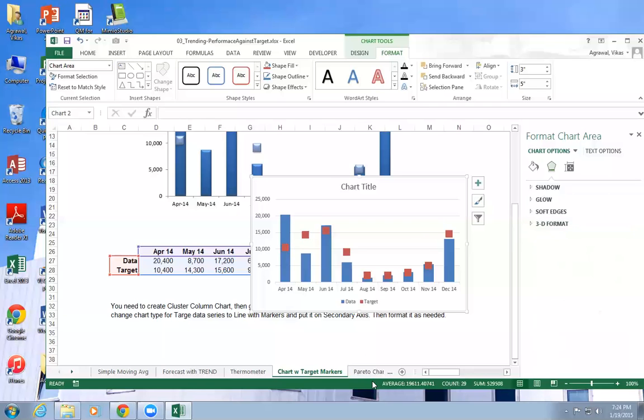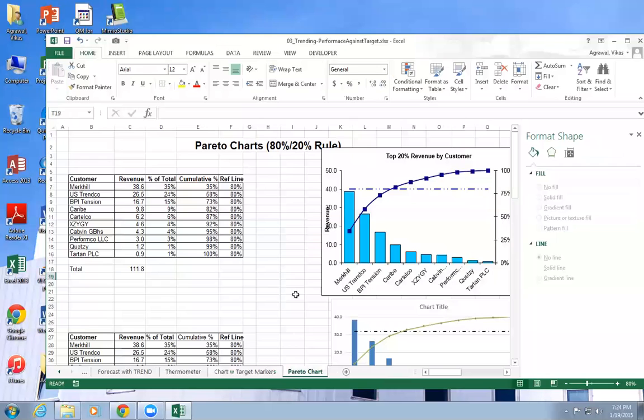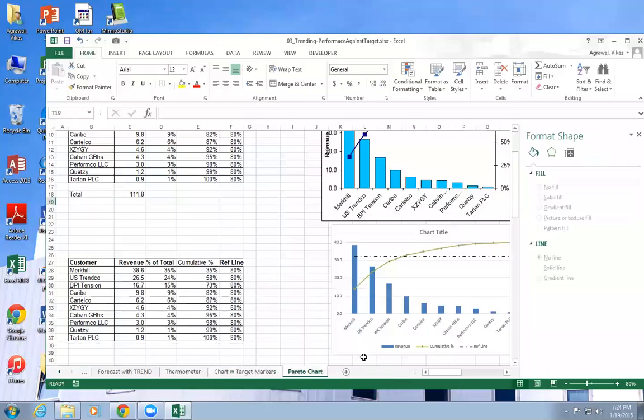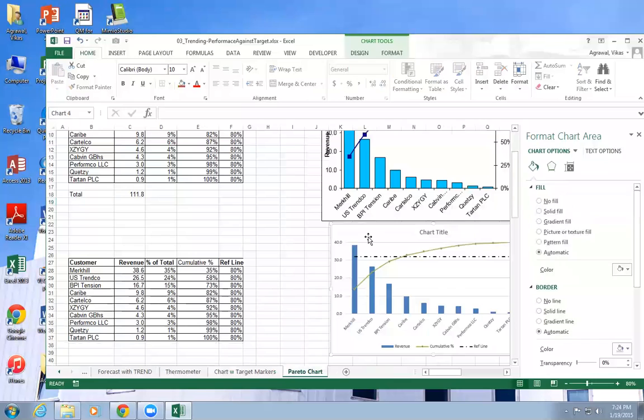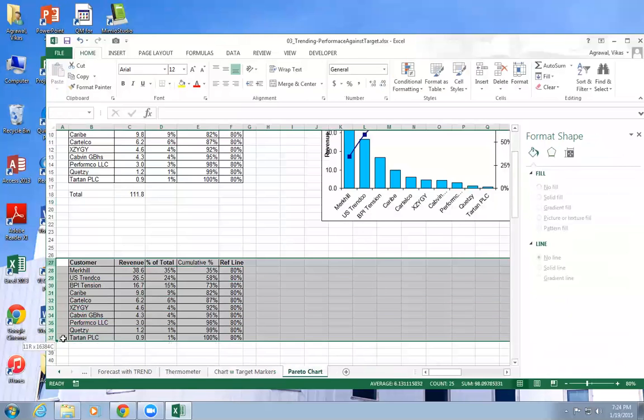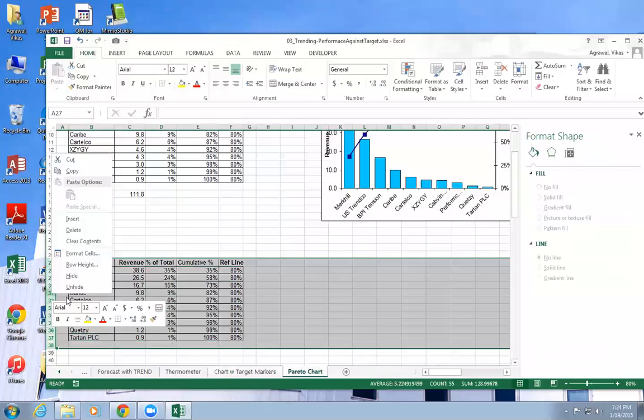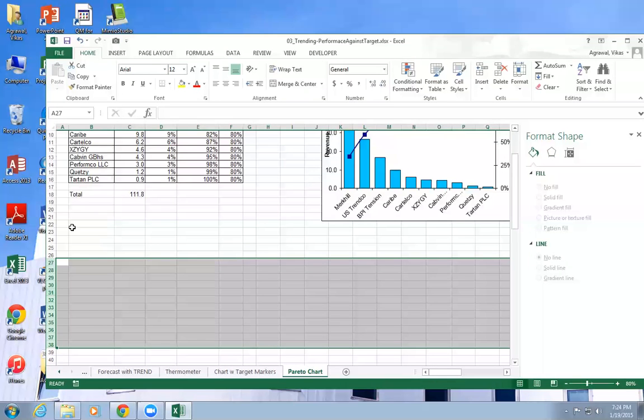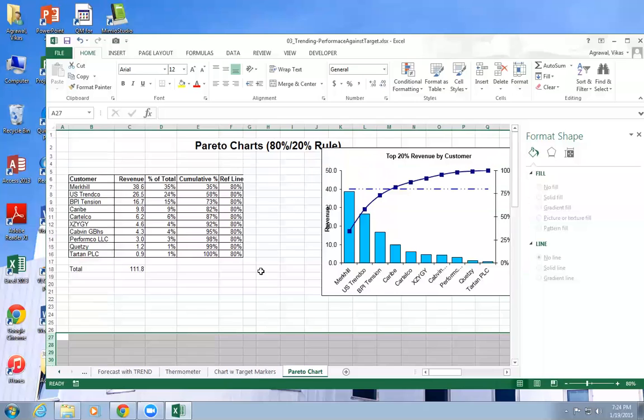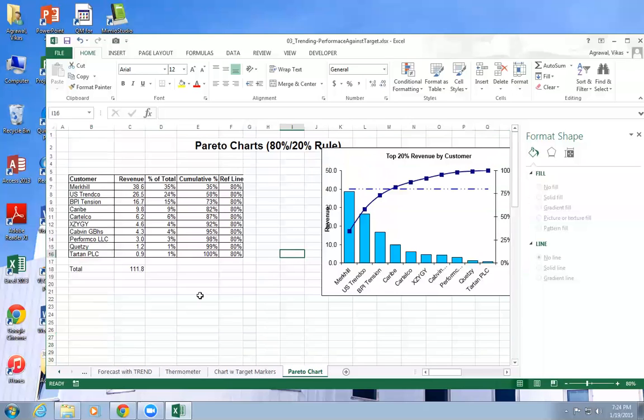Yeah. So another thing is the Pareto chart here. I'm going to do that. How many of you know the Pareto chart? Have you ever heard about the 80-20 rule? Yes. Right. What is the 80-20 rule? It's how much actual you really want to. 80% of your actual you want to consume, and 20% you don't want to consume.